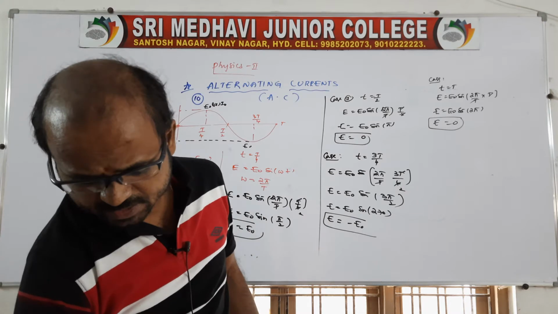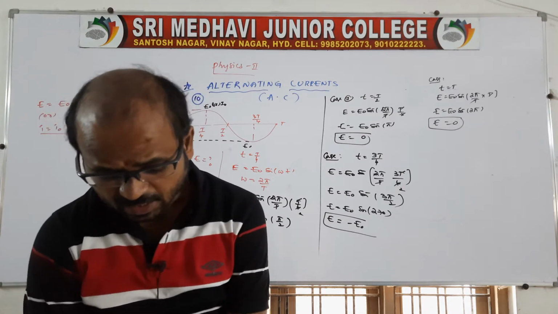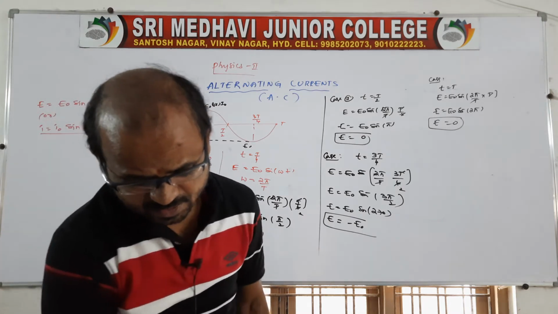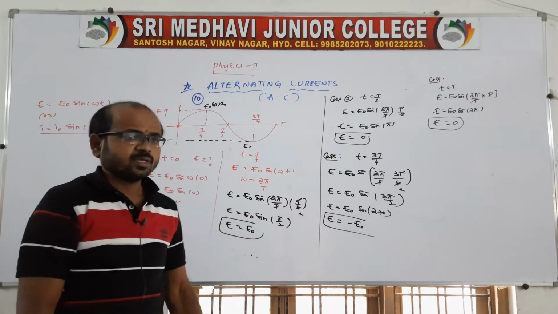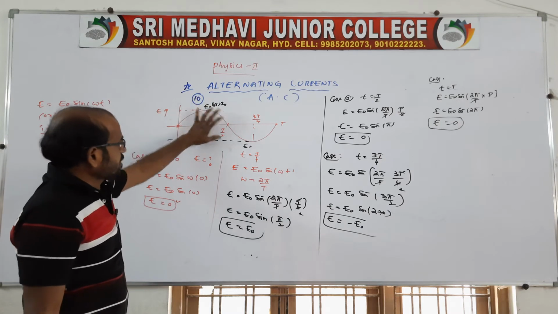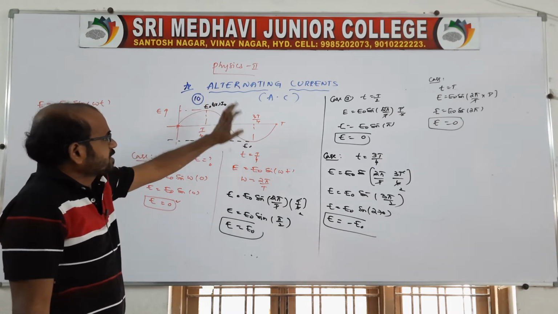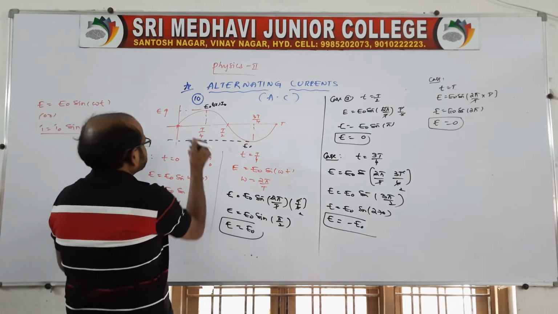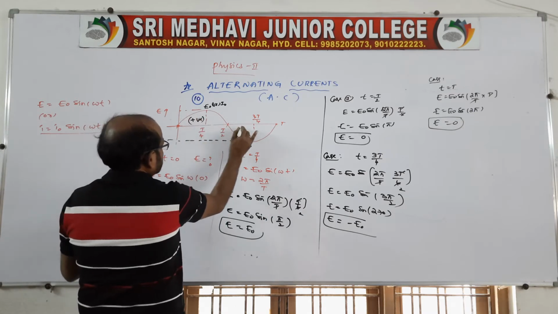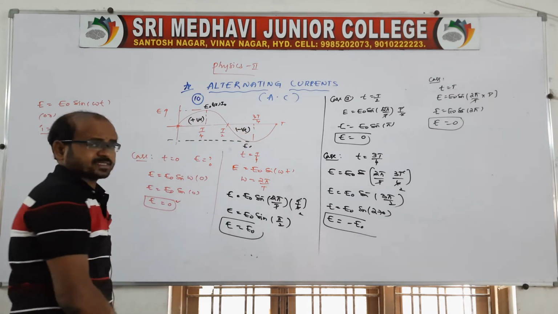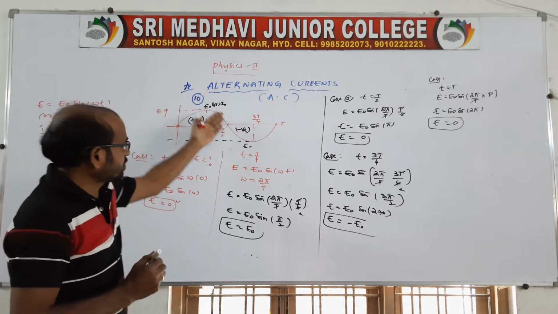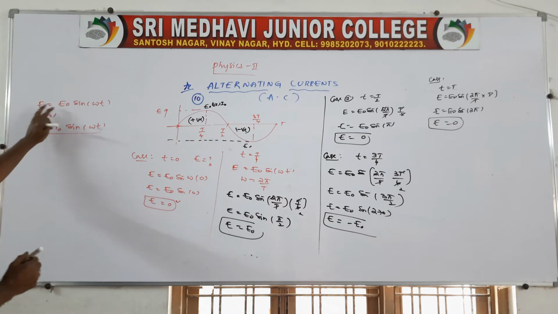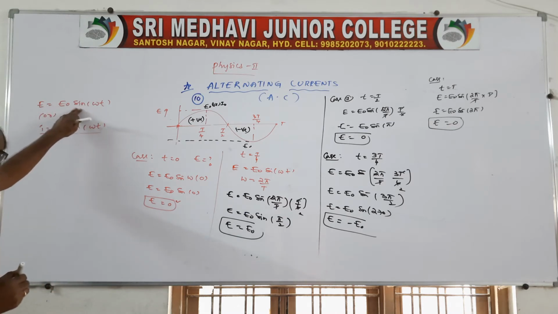See, alternating current is nothing but the current direction changing alternately, changing sinusoidally. In a very small time the direction of current is changing. One we can say is positive, this we can say is negative. When the current starts from the origin, therefore it is represented as a sine wave. That's what we are taking, E is equal to E naught sin omega t, it is represented as the sine wave.